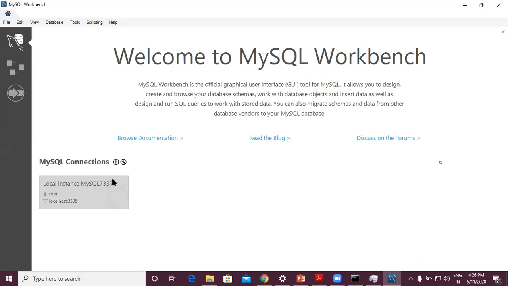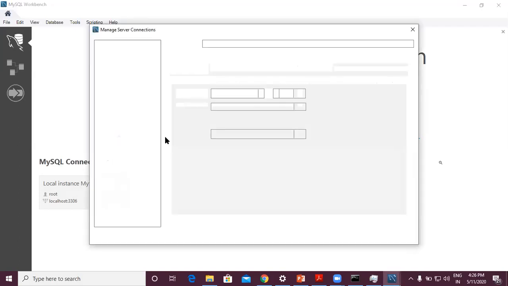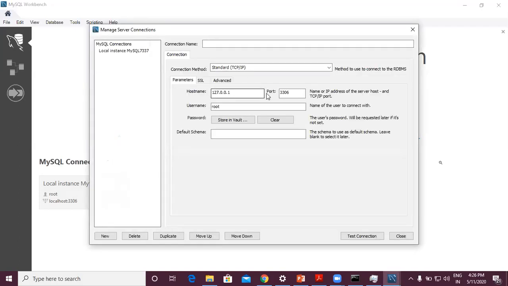Now if you see the settings of this, where is it running? It is running on 127.0.0.1. This is the IP address for localhost. The port is 3306; at the time of installation, we got port number 3306.